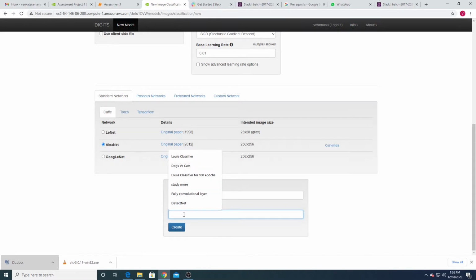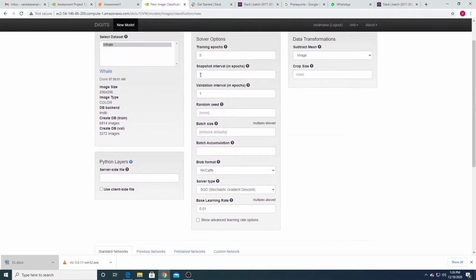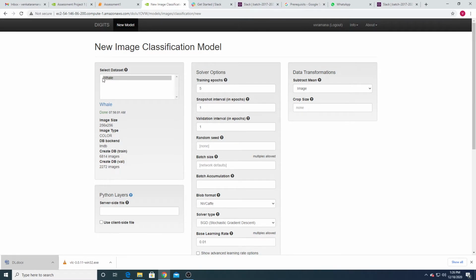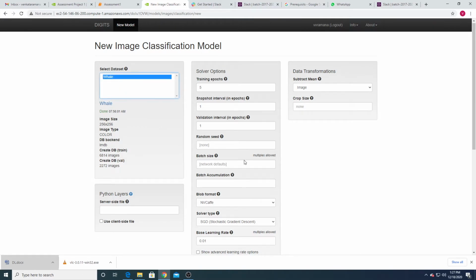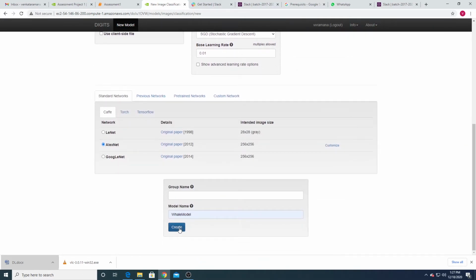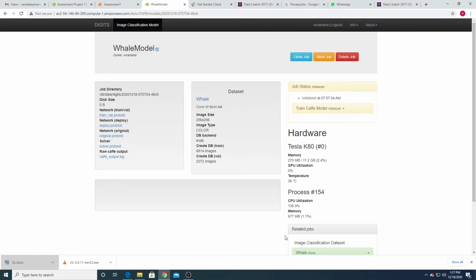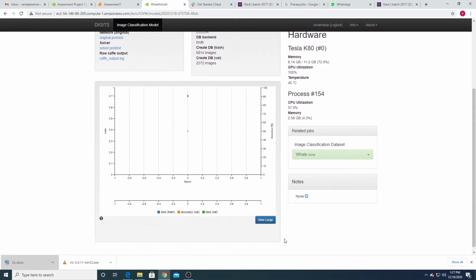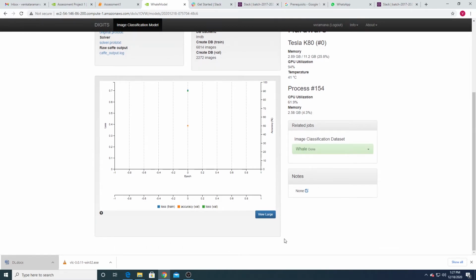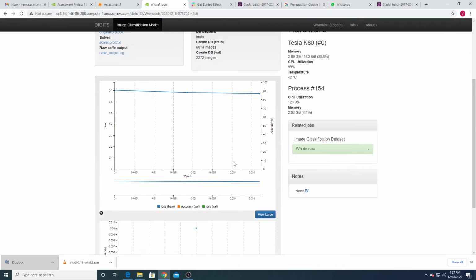Okay, fine. Whale model, right? So AlexNet model, train up to 5 epochs, use the whale dataset. Hope everything is fine. Now create. So we expect 80% accuracy.